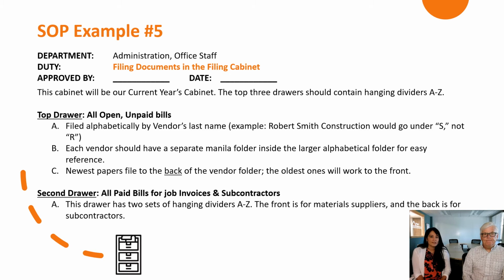So when we look at filing documents in the filing cabinet, this is the same whether you have a server and you're filing documents in folders electronically. The whole point is you have to be organized, right? Right. This came from a firm that we met a long time ago, but it speaks to a bigger problem: they could not find anything. It took hours to find a copy of an invoice, because the owner filed one way, the staff filed another way,